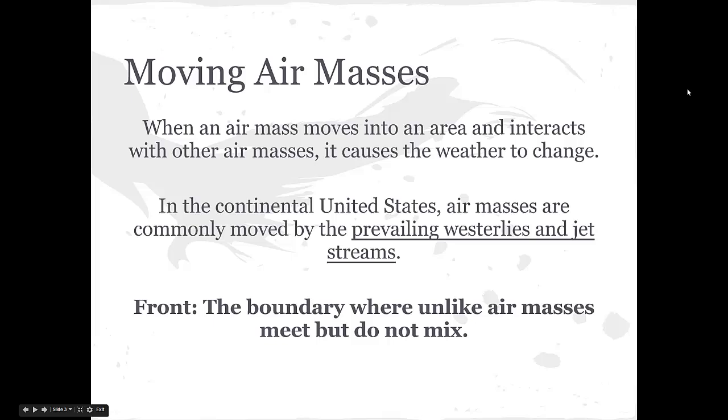So, when air masses move into an area and interact with other ones, that causes the weather to change. A lot of our weather is caused by the interaction of two or more air masses. In the United States, our air masses are moved by what are known as the prevailing westerlies and jet streams. And when we talk about air movement, we're going to talk about the different types of wind, including the westerlies